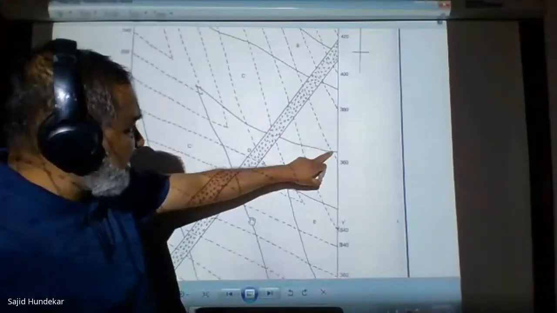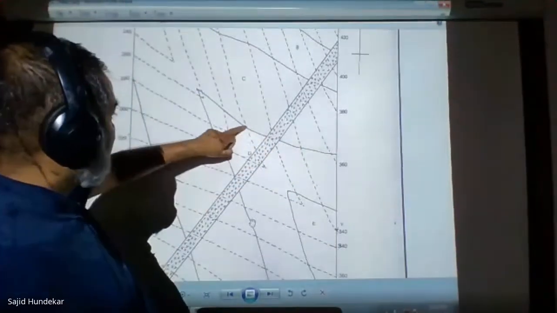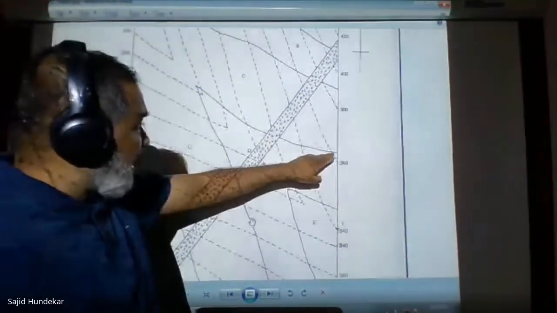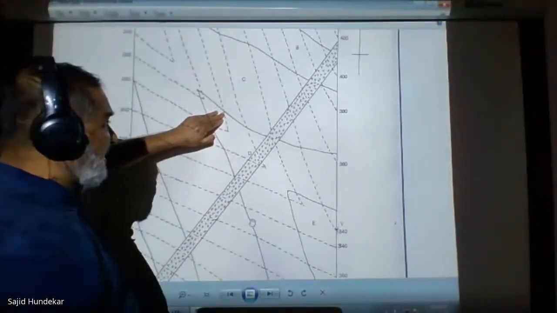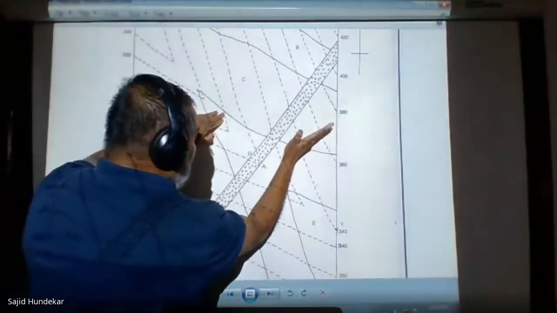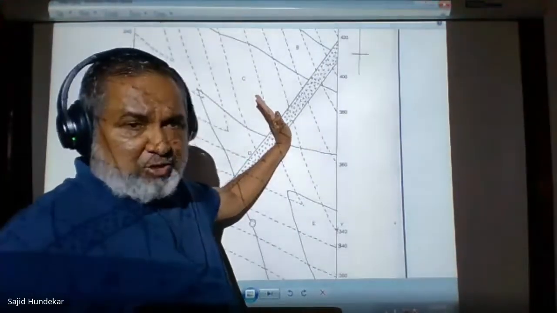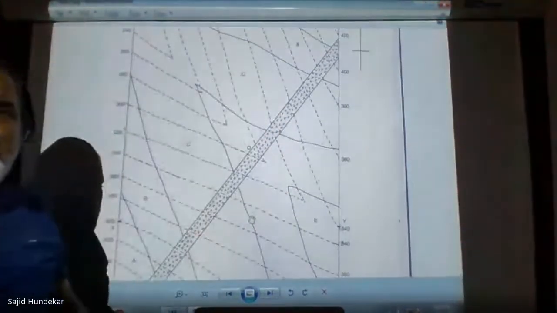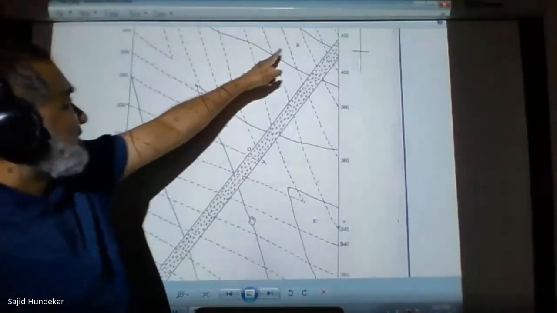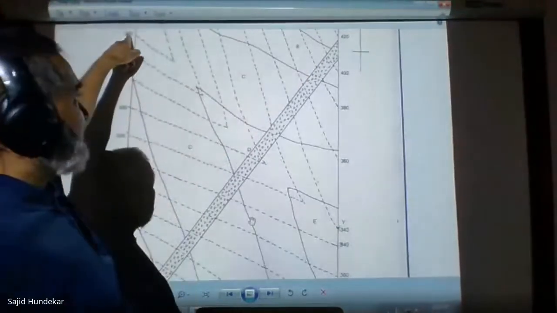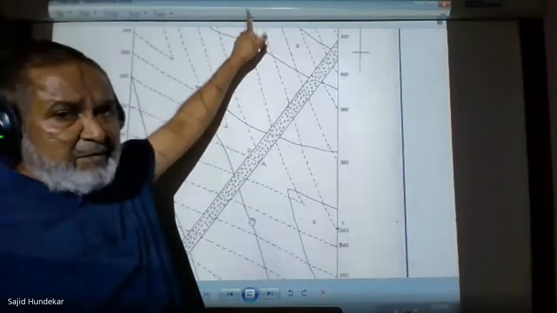So here we have 360. From here 340, 320, 300, 280. It means as you come towards this side, you are going down and down. It means the slope is on that side. So perpendicular to the strike. Strike will be here, so perpendicular to this, on this side, that is the northwest. So northwest will be your true dip direction. Understood? Then towards that side, point A will be there, and the opposite side is E. So E will be the oldest and A will be the youngest.